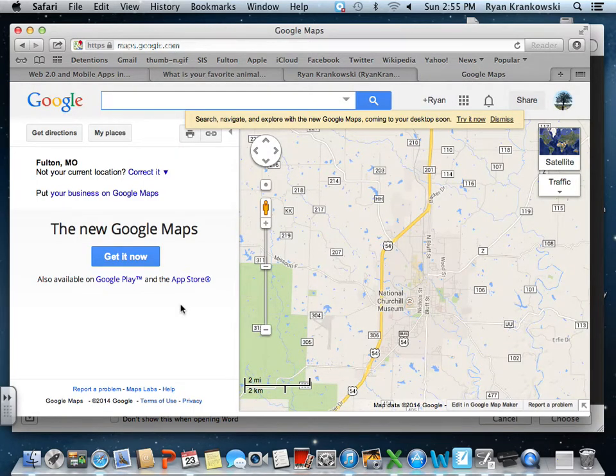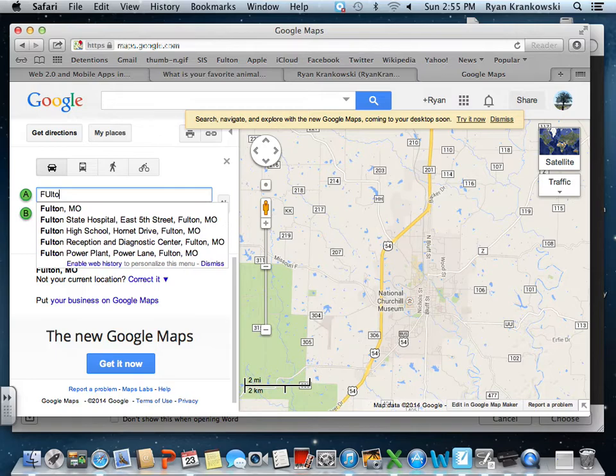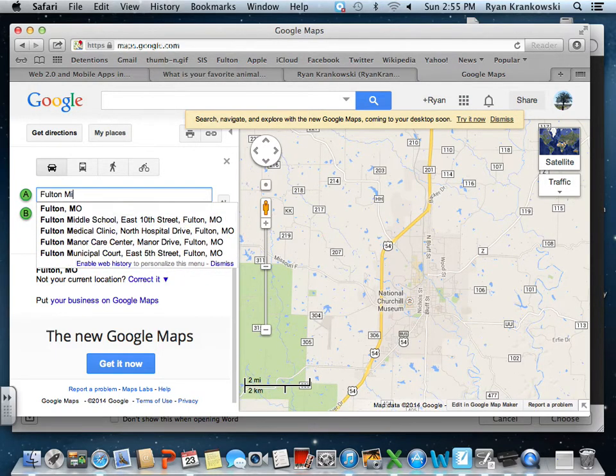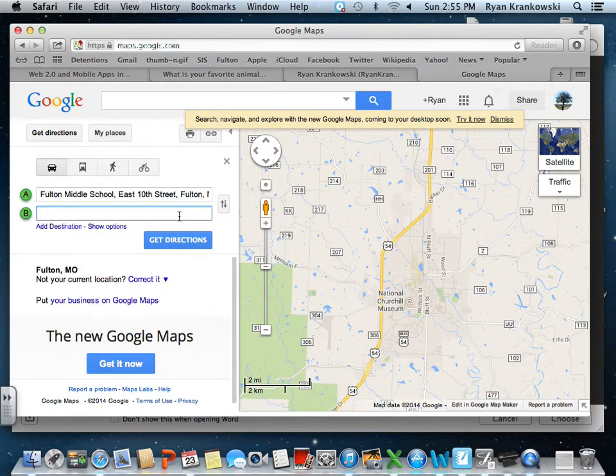So although Google Maps can be used on a mobile device, you can also use it on a computer as well. And since I can't screen record my phone and present to you at the same time, we'll use it on a computer. So we could say, get directions. Get directions from Fulton Middle School, where I currently am, to, I don't know,